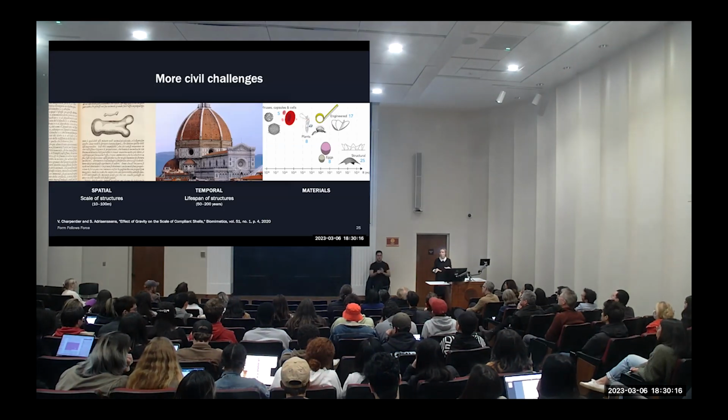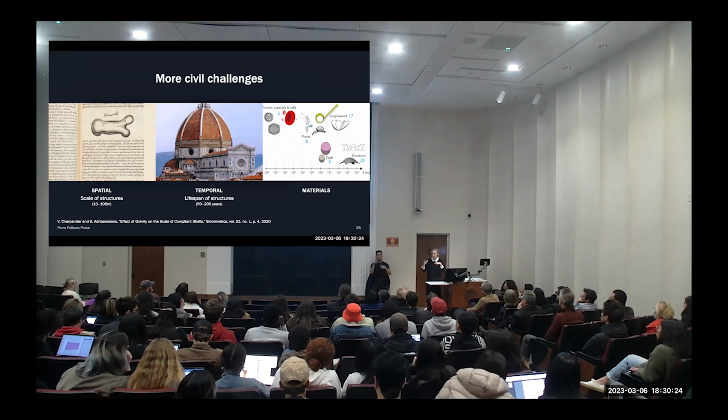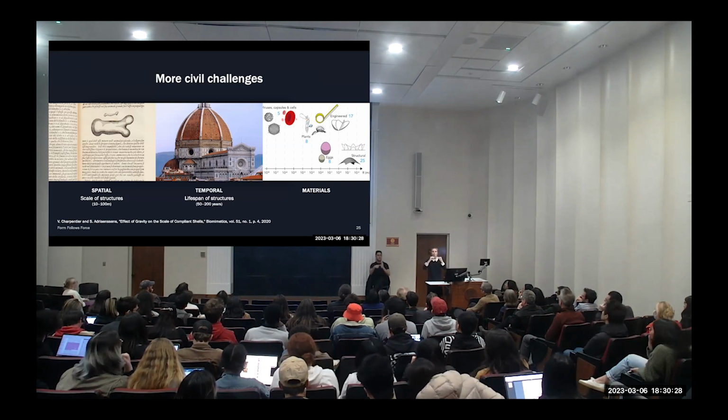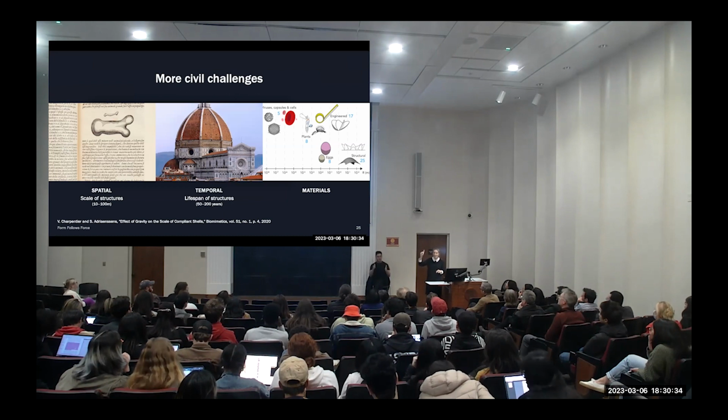Now, I do want to point out, and I think I've said this also in one of the studios, and I say this because in other disciplines where they design stuff, like for example, when you design an iPhone or you design shoes or something, you don't have the challenges that we have at this scale. First is the scale, right?